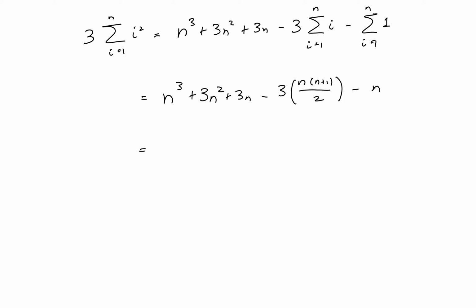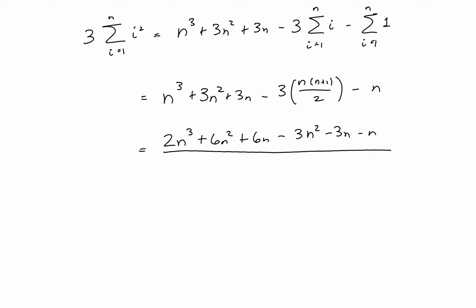So if we want to get a common denominator, I have 2n cubed plus 6n squared plus 6n minus 3, and then distribute this out. I'm going to have n squared minus 3n minus n. Well, that's right, this needs to be a 2n because we're going to get a common denominator over 2, and this whole thing is still